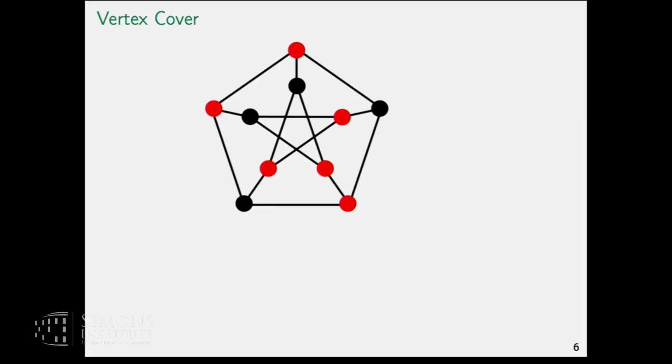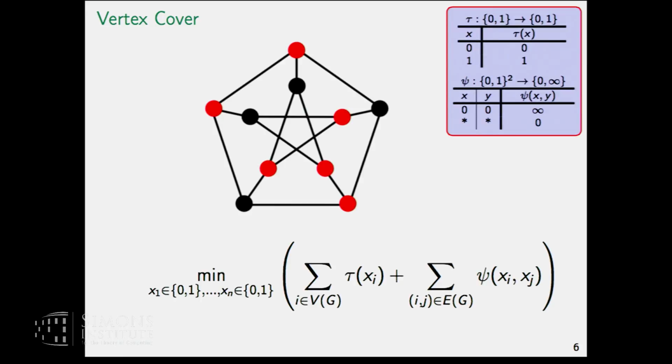And the third and final example is the vertex cover problem. Here, I'll view it as, again, a minimization problem. You minimize over assignments of 0 and 1s to the vertices of the graph, 1 meaning in the cover, 0 meaning out of the cover. The objective function looks slightly more complicated this time. The first sum comes with unary terms for each vertex in the graph. Essentially, it counts the number of vertices assigned 1, so it's the size of the cover. The second sum makes sure that the set of vertices selected by assigning 1 is indeed a cover. This function psi comes from the edges of the graph, and it's not possible to assign both endpoints 0. It would correspond to an edge that is not covered.